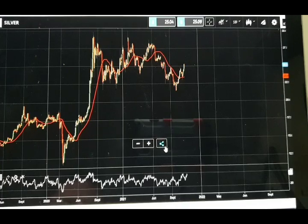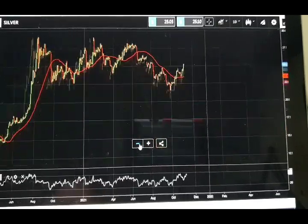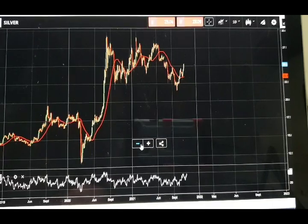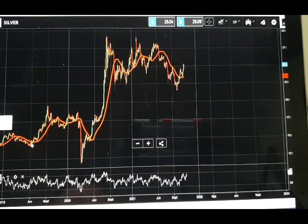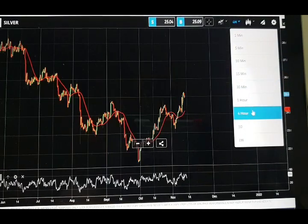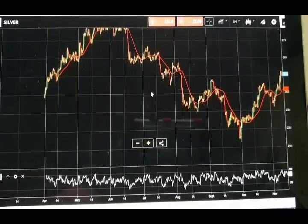And it all comes back to the fact that it's kind of a FOMO effect. Is this the last chance to really buy into silver at a good price? I mean, there are some people saying, oh, this is still high, when we consider only a year ago, you could have got silver at $15. So in lots of ways, I've been moaning in previous videos about silver being sideways, not doing what I want it to do, and in actual fact,